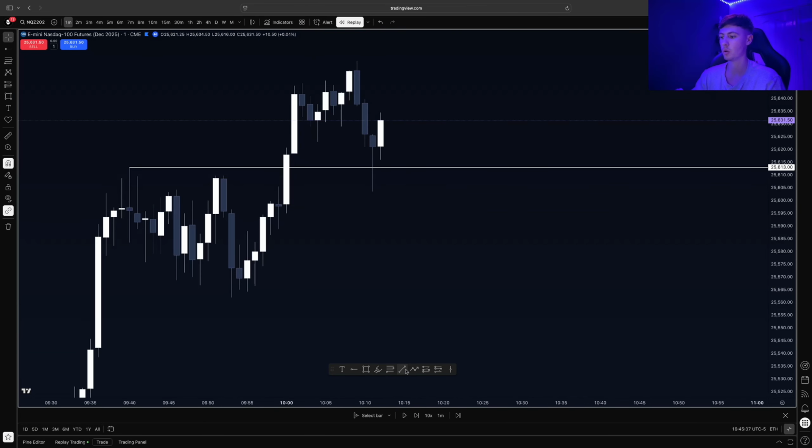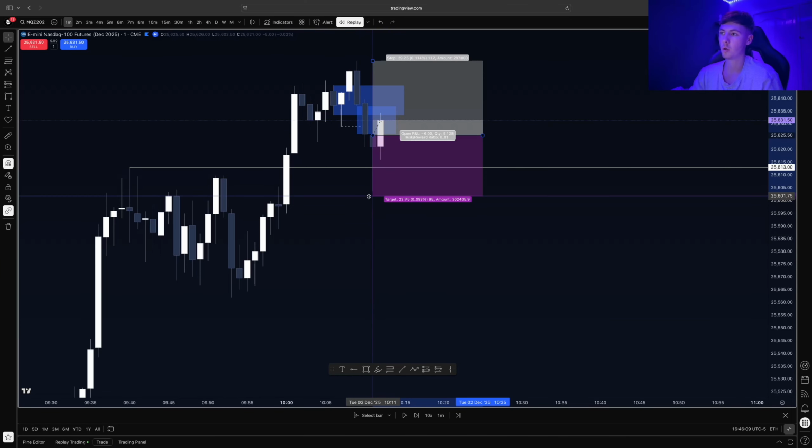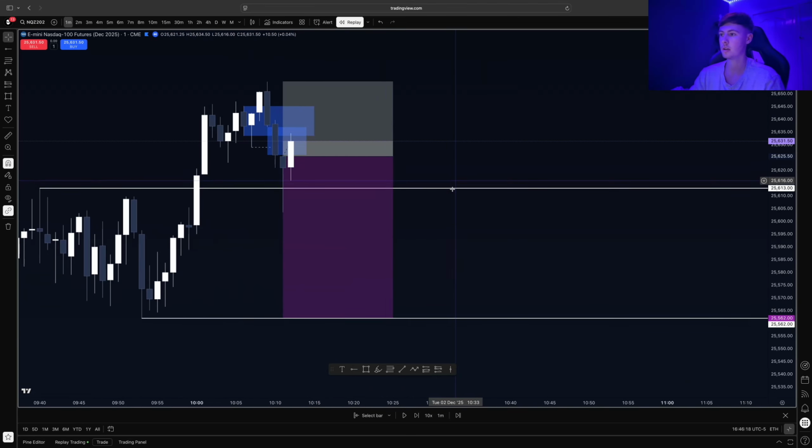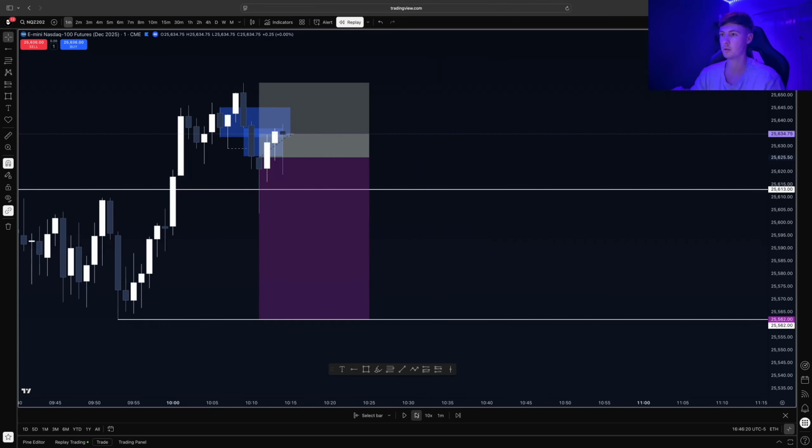Do we break below a swing low? Yes, we do. Do we have a breaker? Yes, we do. Do we have a bearish fair value gap? Again, yes we do. So in the live call, I took a short as soon as price retested the bearish fair value gap, and I was just targeting the opposing liquidity, such as sell stops. We'll see how the price plays out.